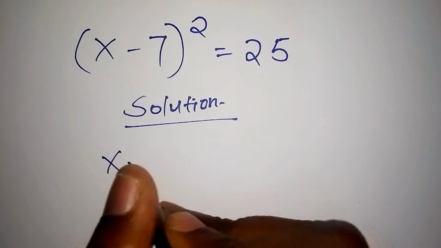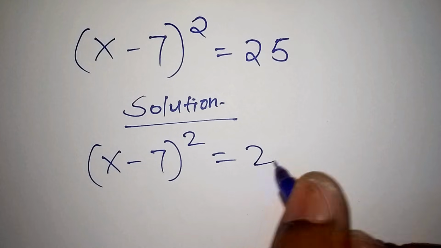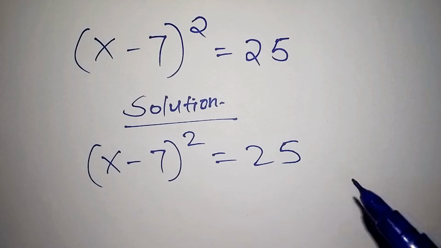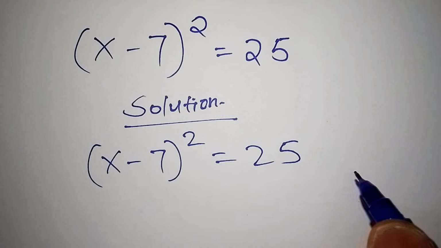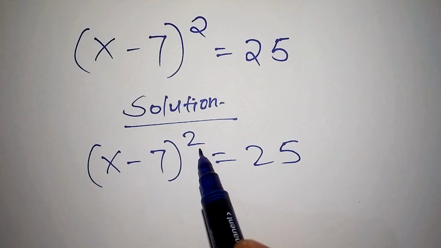So we have (x minus 7) squared is equal to 25. We are asked to solve for the value of x. So how do we begin? You can pause the video, work it out, then let's compare the answers that we get. The first step we need to do is, since this is a square,